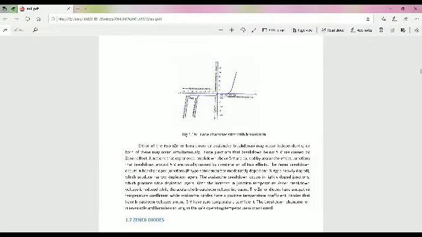Next one, characteristics of the Zener diode. This is the VI characteristics of the Zener diode. In the forward biased condition, the normal rectifier diode and the Zener diode operate in a similar fashion. But the Zener diode is designed to operate in reverse biased condition.